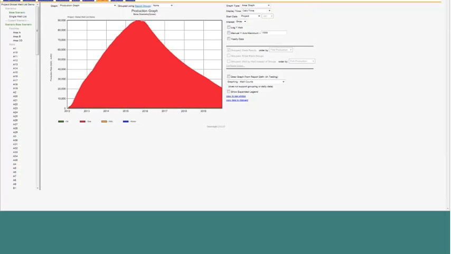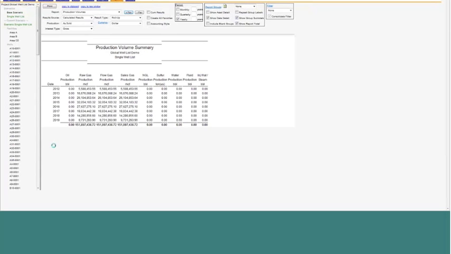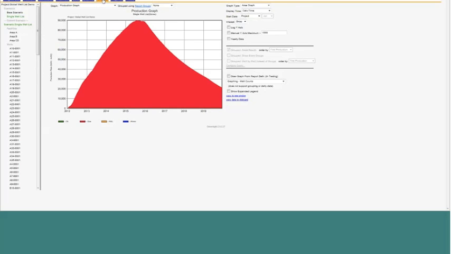And I can look at reports and I can see the same thing, that I have the same exact results both for this base scenario and this single well list scenario. And then the other thing I can do, which most of you are already doing a little bit of, is I'm going to go back to graphs and talk just a little bit about grouping. So right now, the only user data functionality I have in my well list is the area. So I can go in here and say,